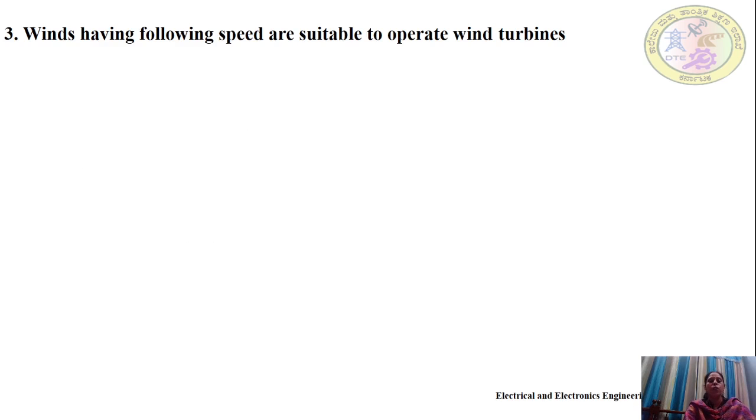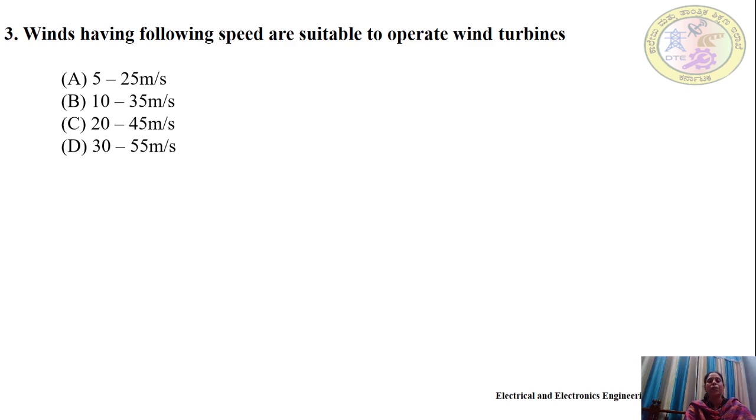Winds having the following speed are suitable to operate wind turbines: 5 to 25 meters per second, 10 to 35 meters per second, 20 to 45 meters per second, 30 to 55 meters per second. Solution is A. This is nothing but 5 to 25 meters per second. So the minimum velocity required to start the wind turbine is 5 and the maximum is 25. After 25, the anemometer sends the information to the controller in order to shut down